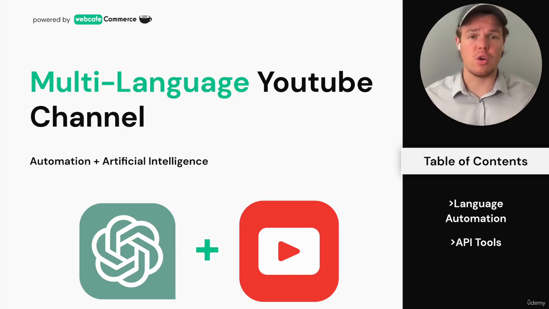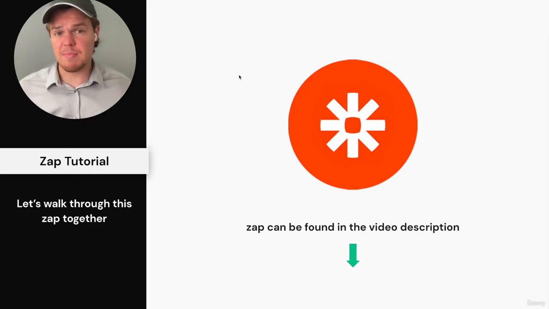We're going to essentially show you today how to take any of the content you produce and generate it in any type of language, such as German, Spanish, Korean, and so on. This can be a powerful tool because maybe you want to launch multiple YouTube channels on the same niche, but provide it in different languages, therefore having a broader reach on the audience that you can gather and get subscribed to. As always, you can find these Zaps down below, but we're going to be jumping through how to do